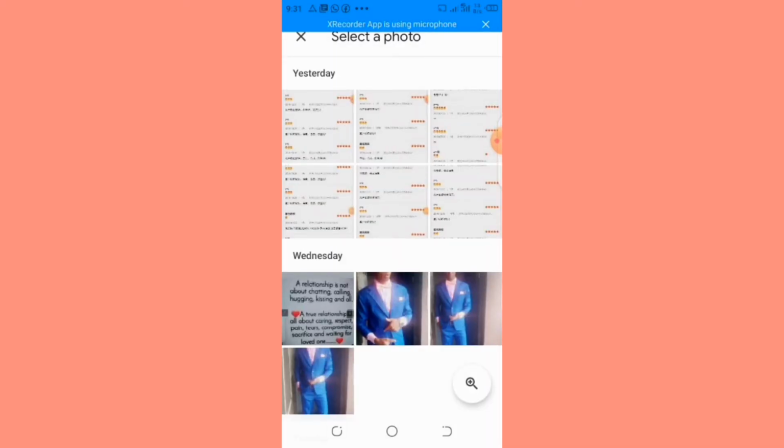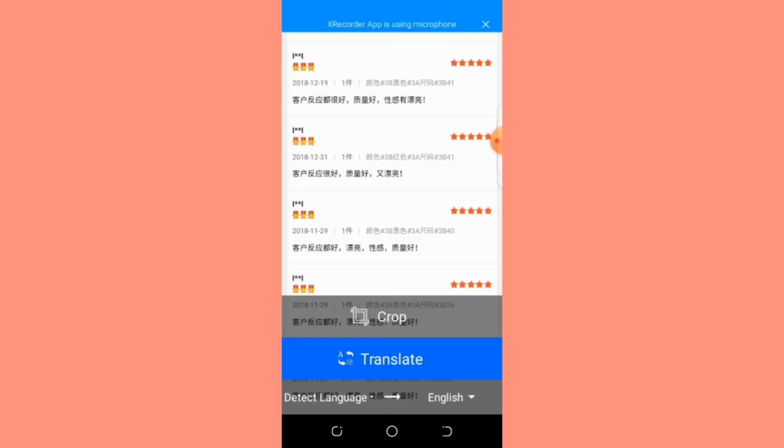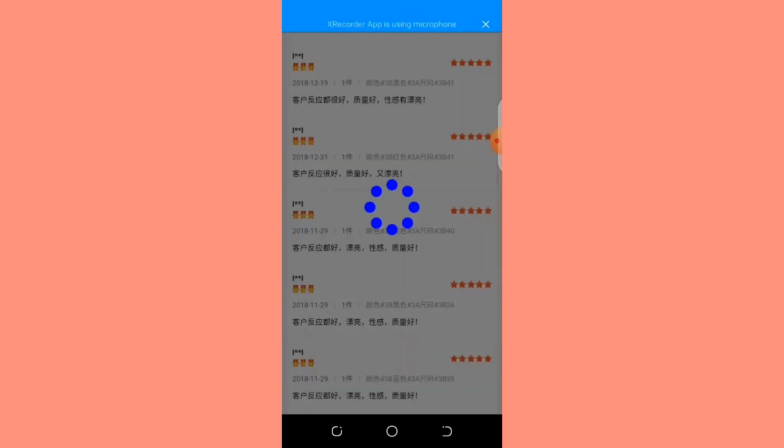Yes, I'll select the first one to translate. Click on translate. It's translating now. Just hold on.